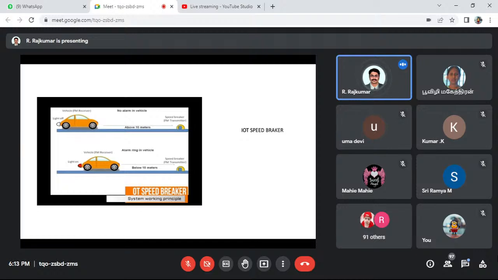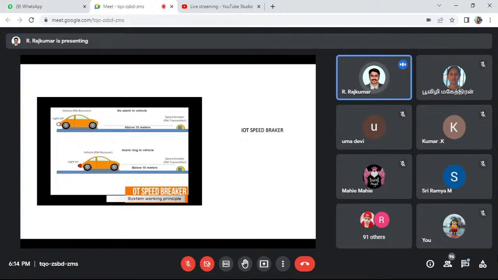But if you receive an alarm from 10 meters ahead of the speed breaker, then we get an alert, reduce the speed, and then approach the speed breaker. So this is the simple invention.